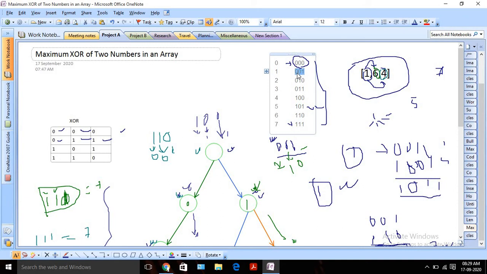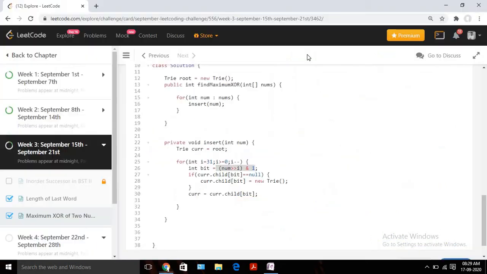I need to pick this 0 bit, so I will do bit shifting. After bit shifting, it will be like 000. Then we AND it with 1, and that will give me the exact bit we are going to insert. So using this we are picking 1 bit at a time, getting the particular bit for that particular position. At first we will find the bit for position 31, so it will be 0 obviously.